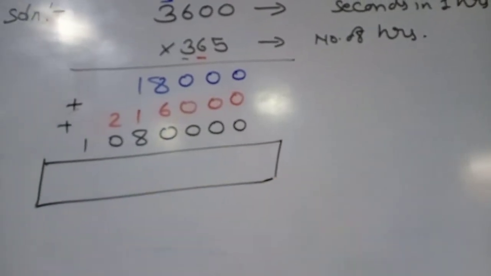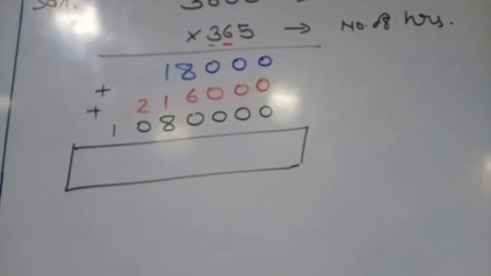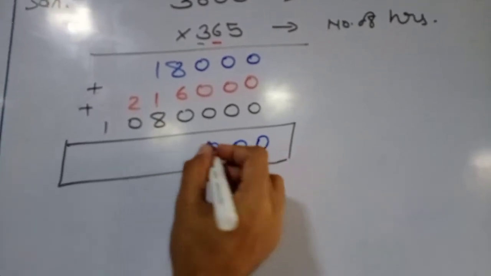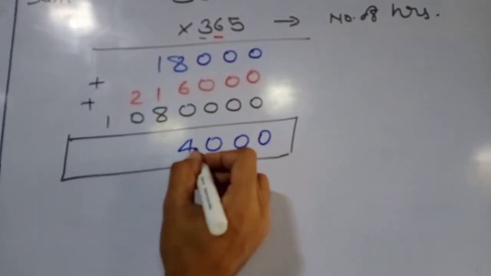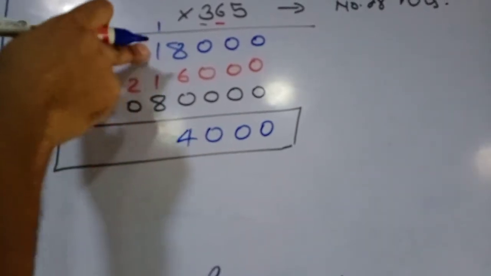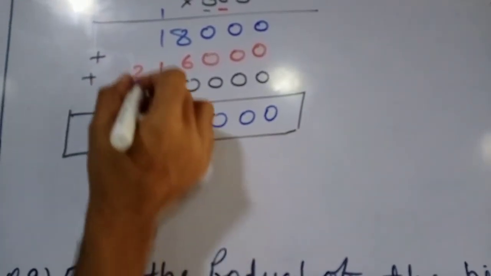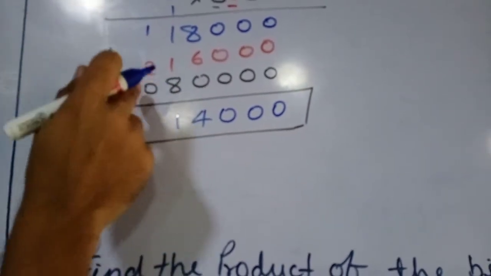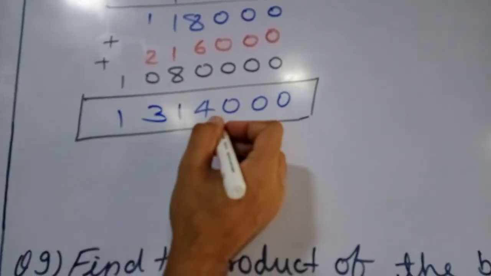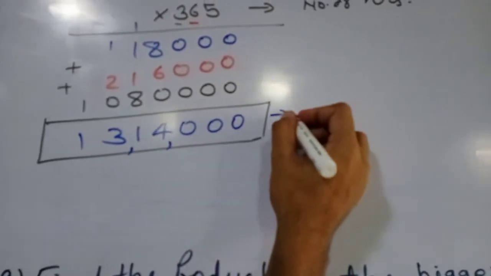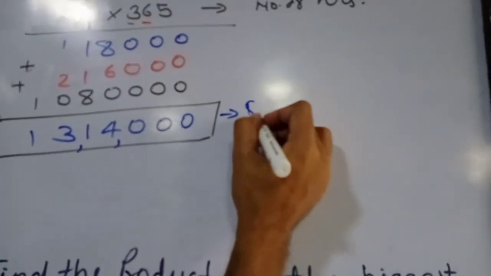Do the addition of these 3 numbers. Unit place we have 0, 0, 0, 8 plus 6, 14, 1 carry, 1 plus 1, 2, plus 1, 3, plus 8, that is 11, 1 carry, 1 plus 2, 3 plus 0, 3 and 1. So we get 13,14,000, that is what? Seconds